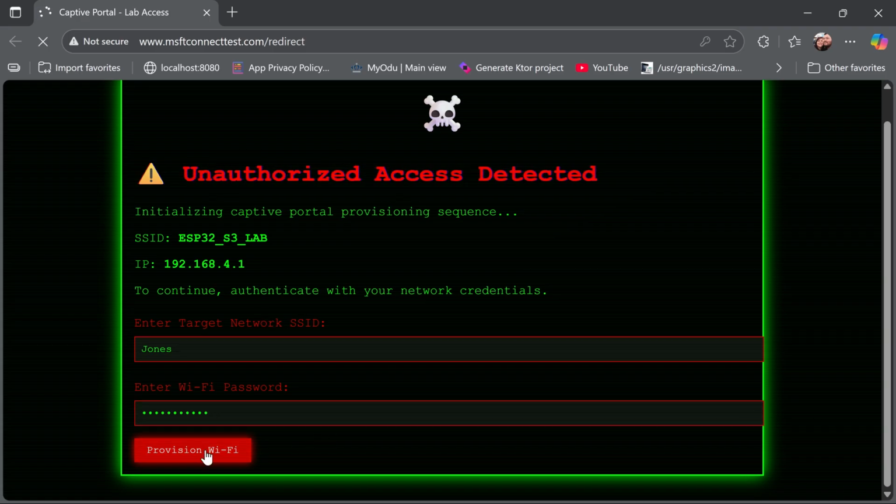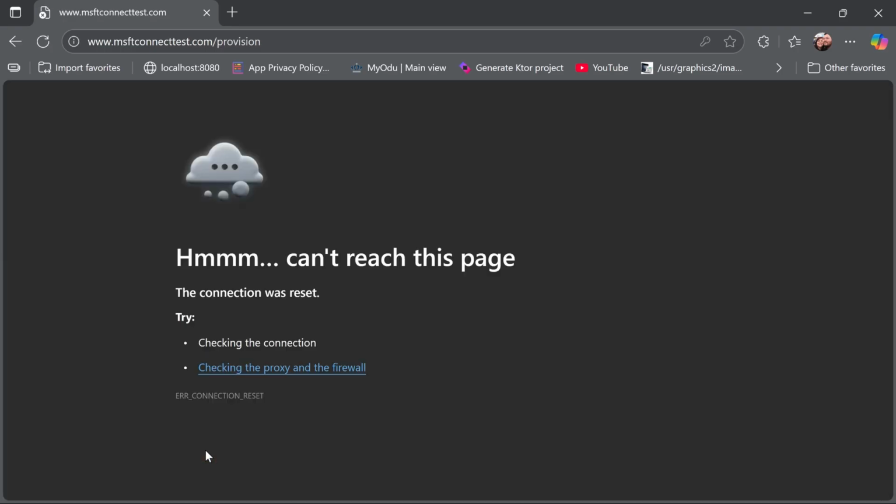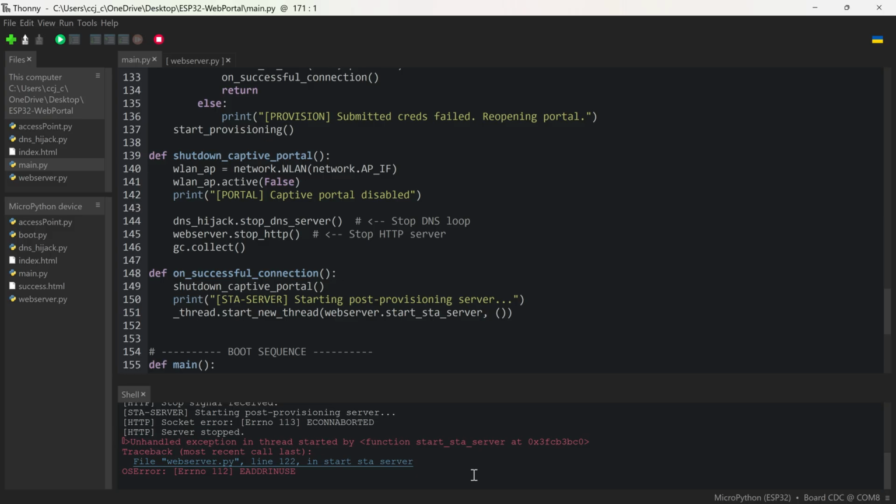Now my board just flashed 10 times blue as part of the programming to let us know that it was doing some data, and as part of the programming also, it went ahead and closed that server because those are resource hungry and we don't need it anymore. And now currently the LED is lit up solid green. Ooh, an